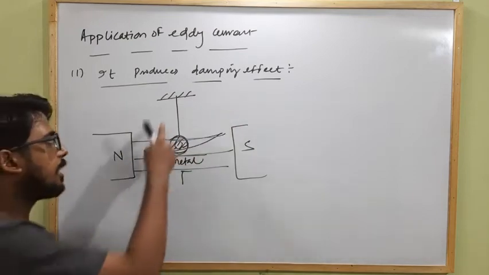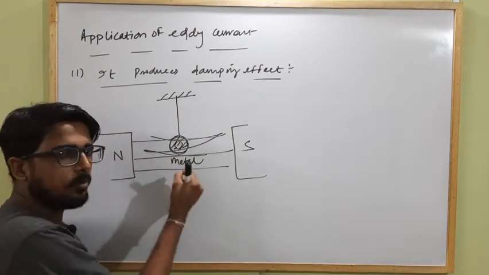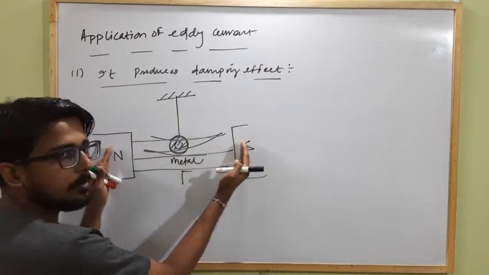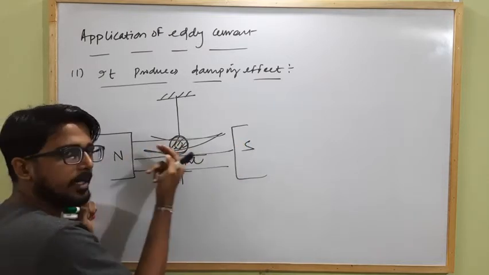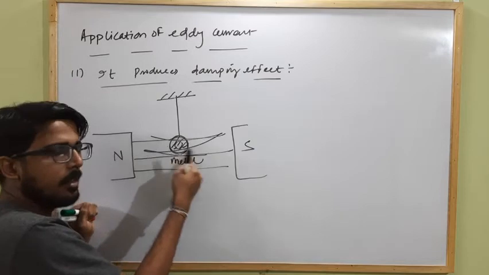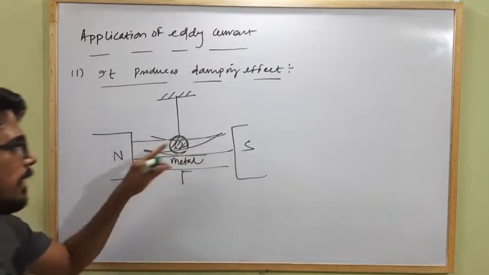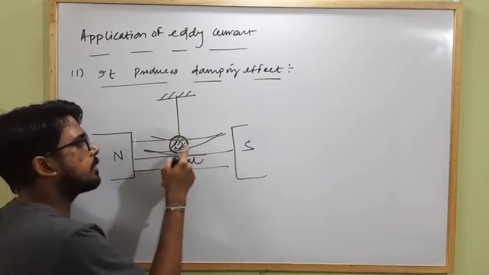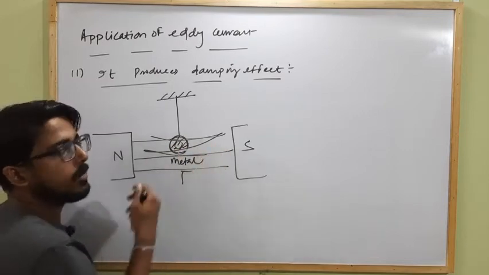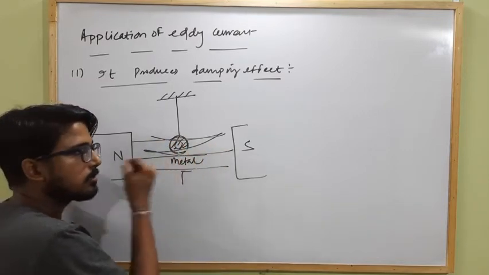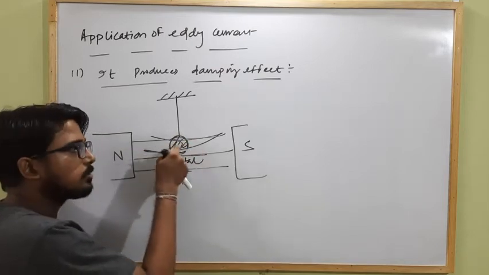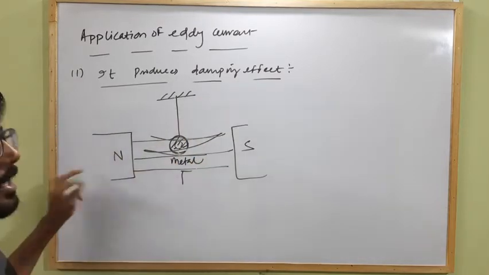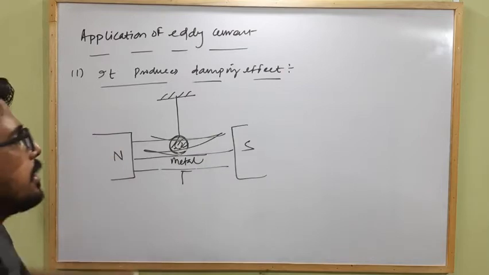Clear? Initially, if the time period of the pendulum is 1 second, that means in 1 second it completes one cycle. But when this metallic pendulum is placed within an external magnetic field, when it passes through the external magnetic field, the flux linked with the metallic bob changes, and due to the change in magnetic flux, it produces an eddy current within it, which tries to oppose the change in magnetic flux. That's why the time period of this metallic bob changes to 2 seconds, 3 seconds, or more than 1 second. As the time period increases, the speed of the pendulum decreases and gradually it slows and finally it stops. This effect is known as damping effect, and due to this effect of eddy current, it is used in our